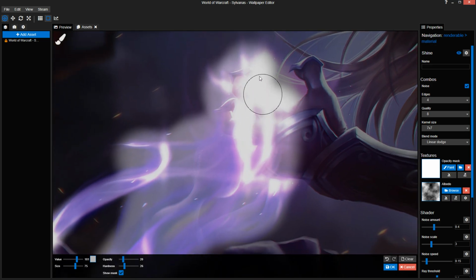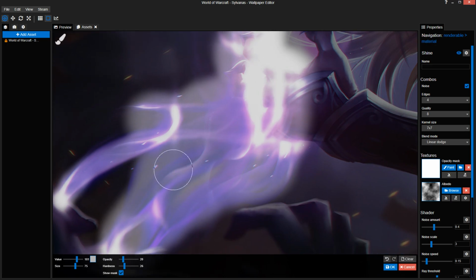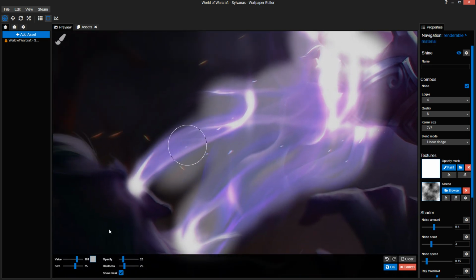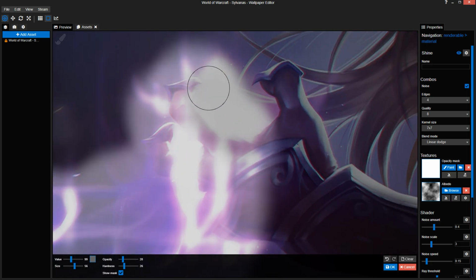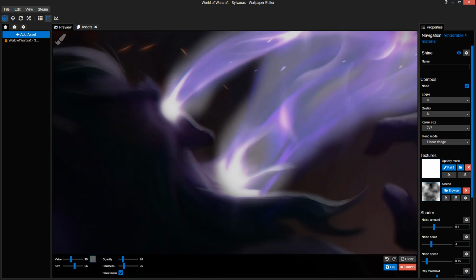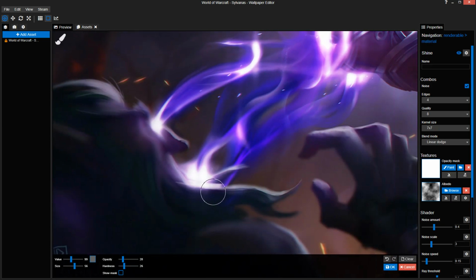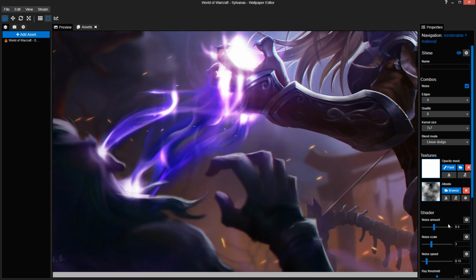Alright, so as you can see already, this is way brighter than right here. So you'll probably want to just reduce these manually with this value. As well as this one a bit and this one. Alright, now we've got something going.